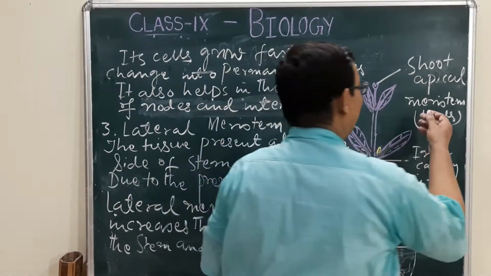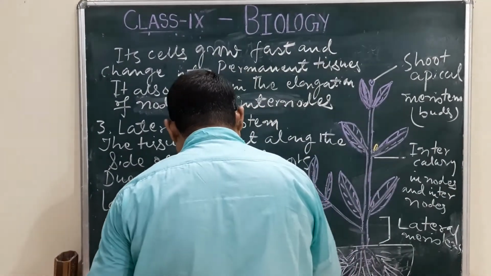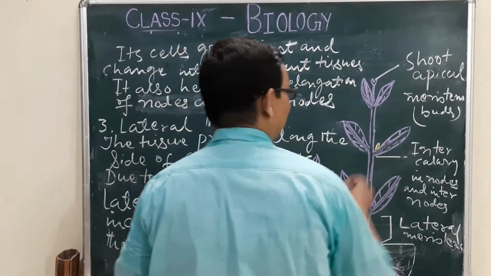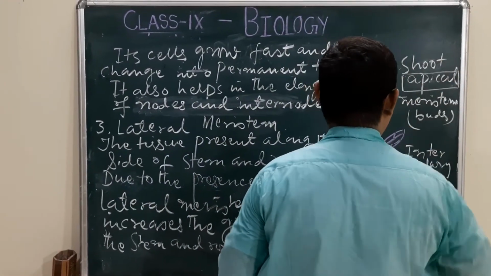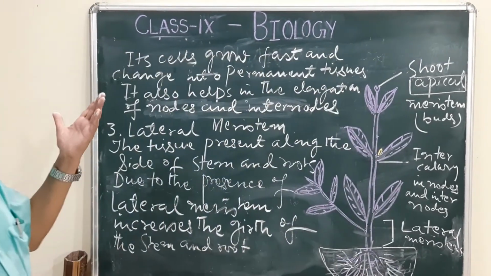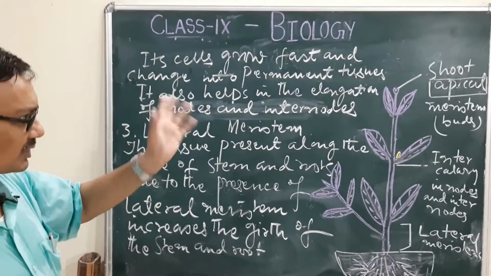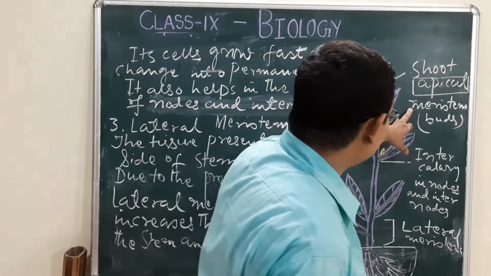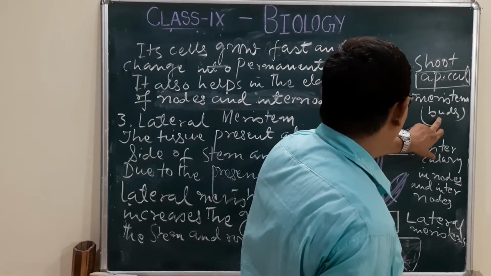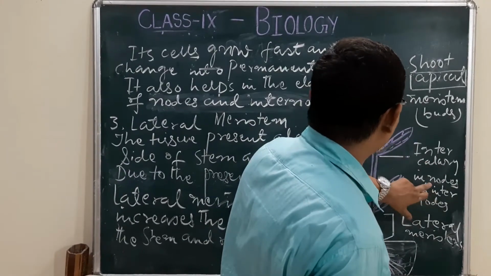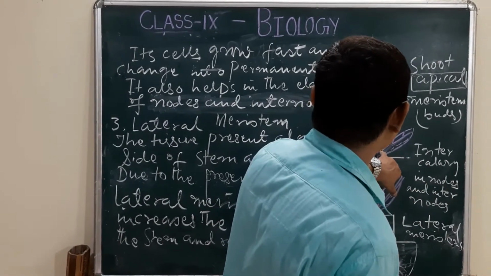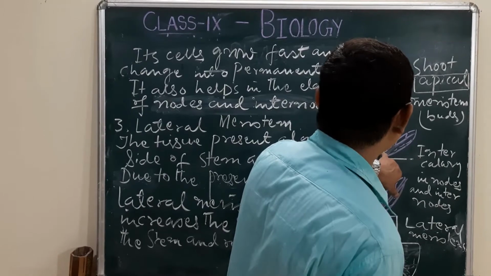That is the apical, the first type of meristem, here the shoot part, that is the stem tips which you see in this case, and buds. So, this is the location, and the intercalary is mainly present at the base of the